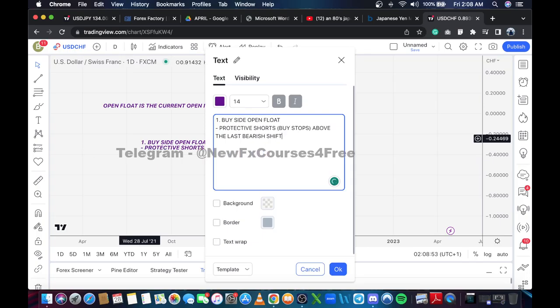It could be within the last 20 days, last 40 days, the last 60 days. Okay, we're looking at the last bearish shift on the higher time frame, and I will explain why. So when we're dealing with higher time frame, we're dealing with fund level plays and fund level liquidity. It's gonna be buy stops